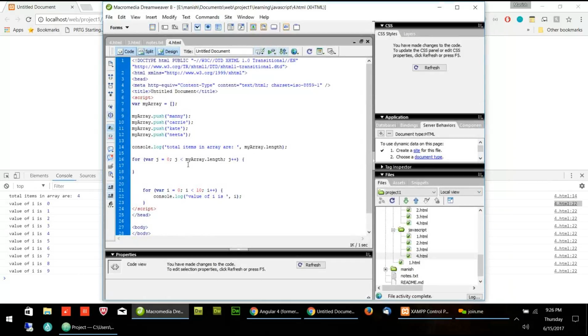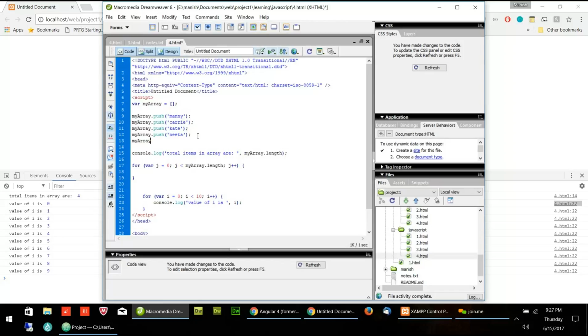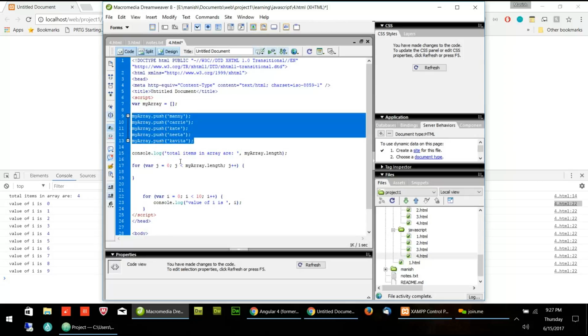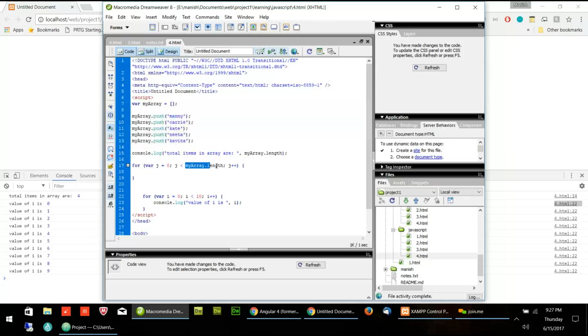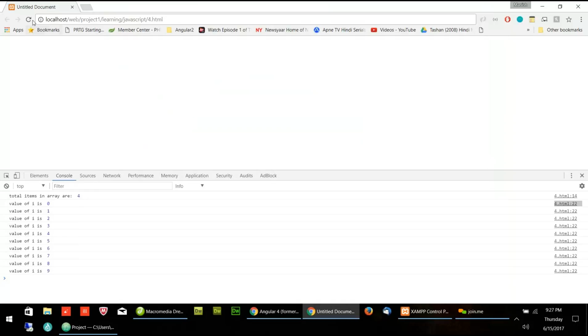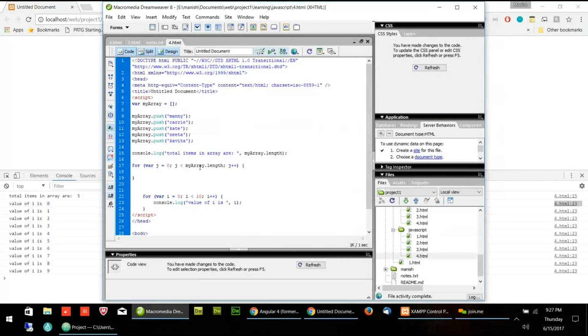So instead of putting 4, I will put myArray dot length. In this way, I can be assured that it is 4. Let's say tomorrow if I add more, myArray dot push Kavita. So now this will become 5, and here automatically it will become 5 because length is 5 now. So that means I don't have to change this every time when I add something in this array.